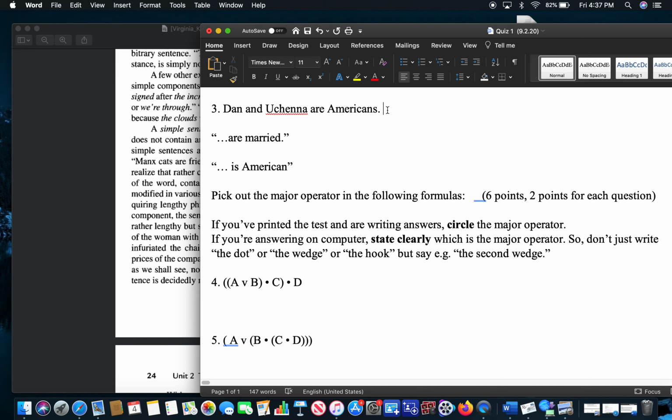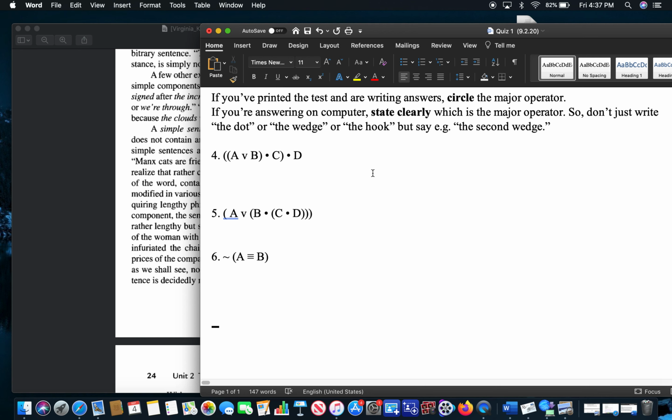Okay, that's where most of the points were lost on those first three. You did overall quite well on 4, 5, and 6, right? So just quickly, what's the major operator? Is it this wedge or the dot or this dot? Those are the operators. The capital letters are